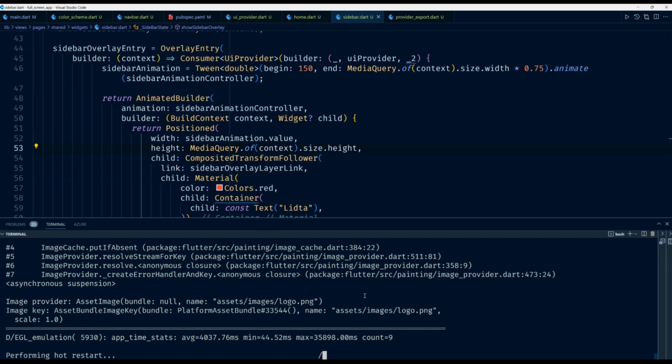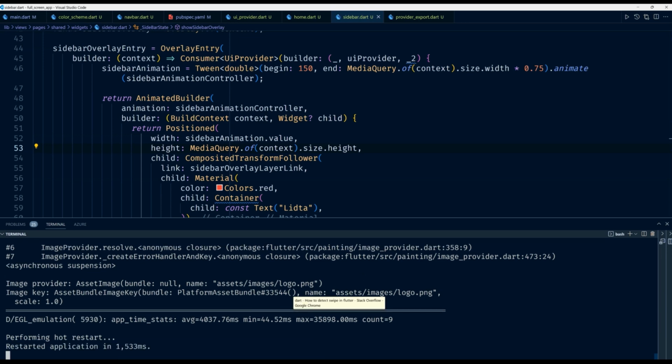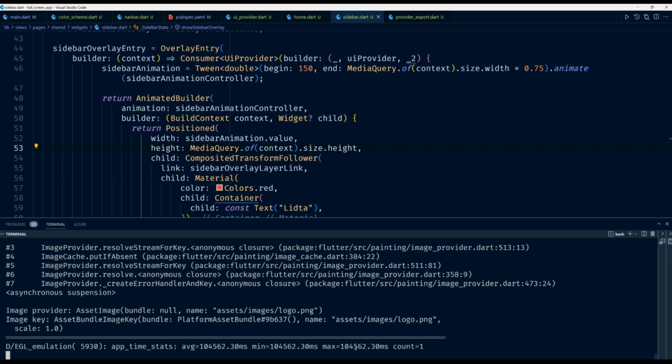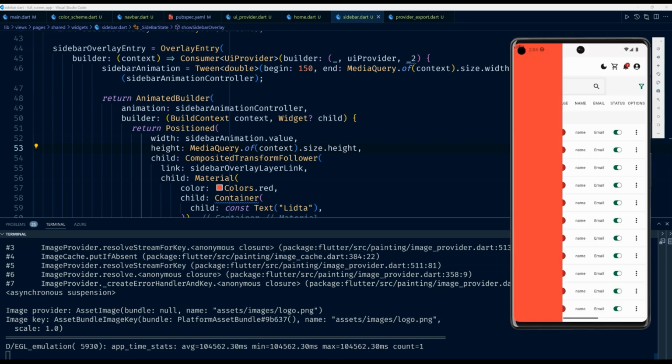I'm just going to reload the application, restart the application, and bring in the application. And now, as you can see, I have my sidebar spanning the whole height of the application. All right. So let's go ahead and define some of the things inside the